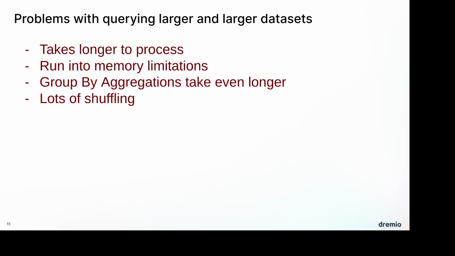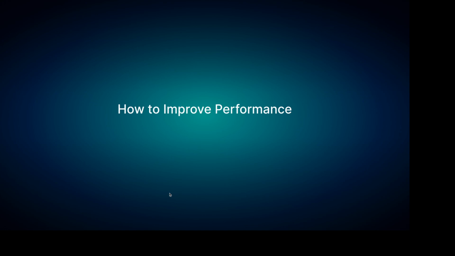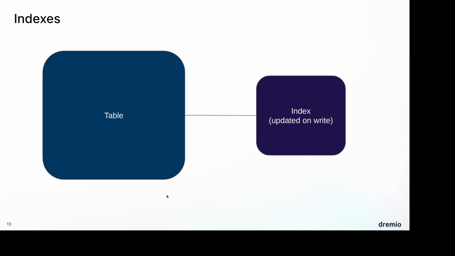So overall you end up with really long living queries sometimes. And there's different ways you can accelerate it. So the idea is, how can I improve the performance of these queries? Well, a couple traditional ways of doing this: one, you could use an index. Basically the idea here is that you have some other data structure, some other information about the information, to be able to plan a scan more intelligently. So it could be an index that says, the data with this value is over here, the data with this value is over there, or some other variety of different types of indexes that capture some other type of information that allows us to understand the main piece of information, the table, much more intelligently.